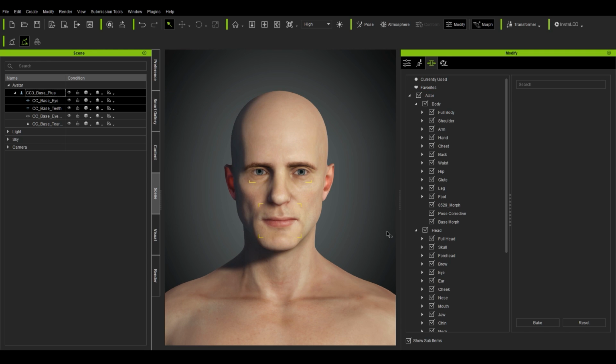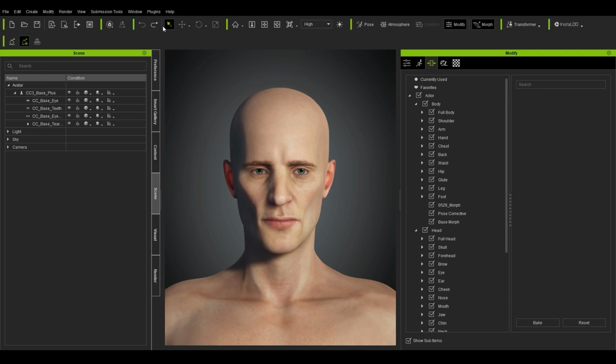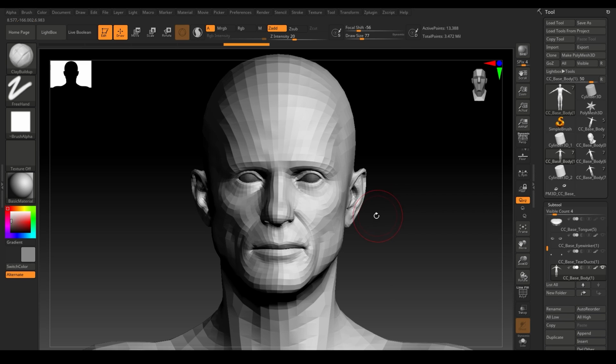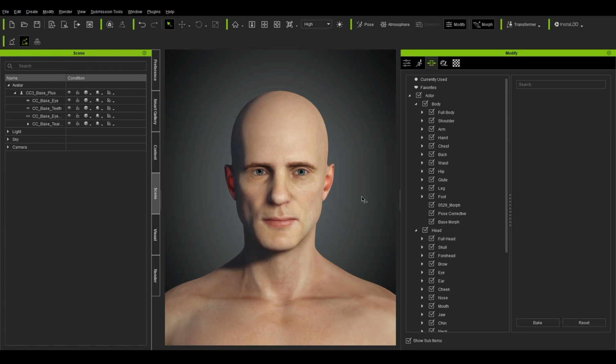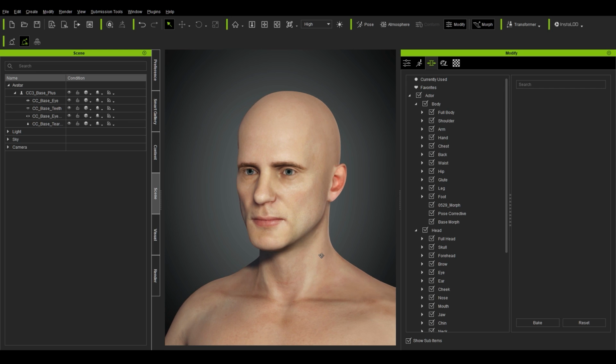Okay, so I'll show you before and after here. So this is before, after. So you may notice, oh, there's no detail on here from the sculpt, and the reason is because what Character Creator is doing is it's reading in this model, so the lowest base, the lowest poly model, and then it's smoothing it. So this is why there's no detail right now. So all that detail will come through later in the normal map. So for now, this is what we get,